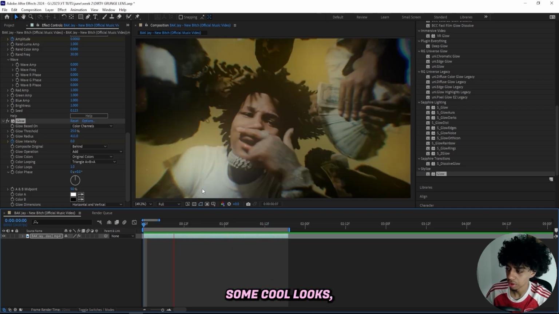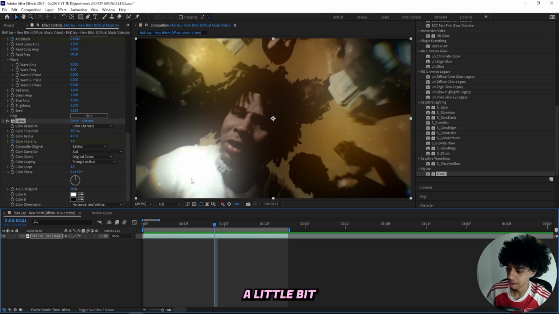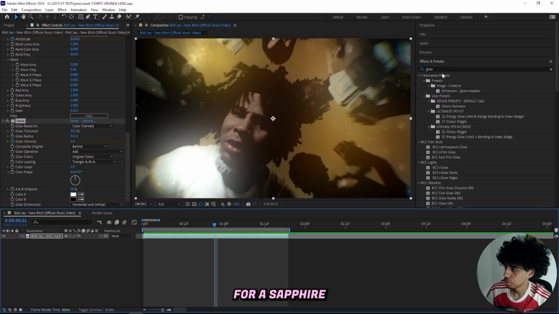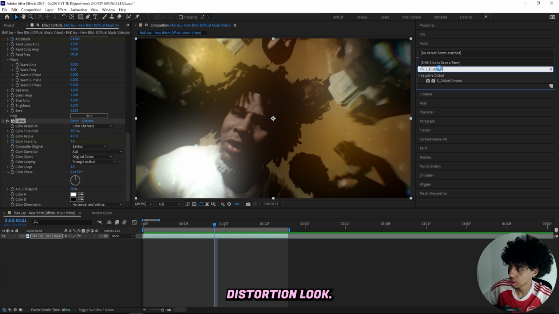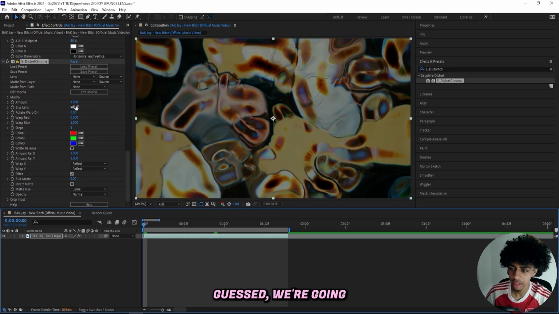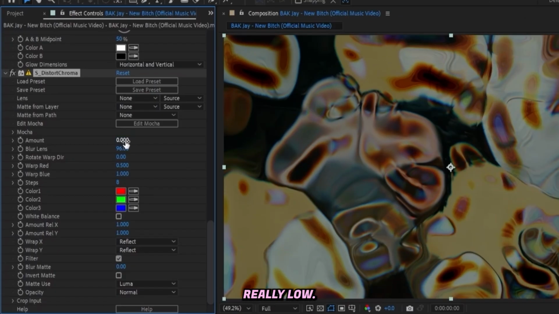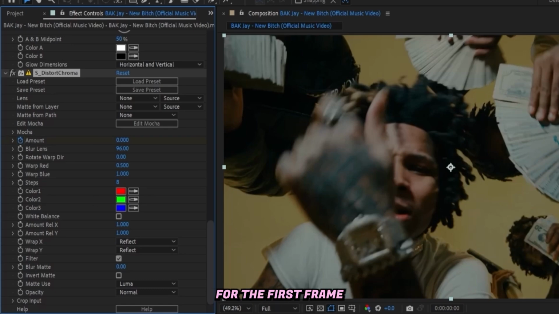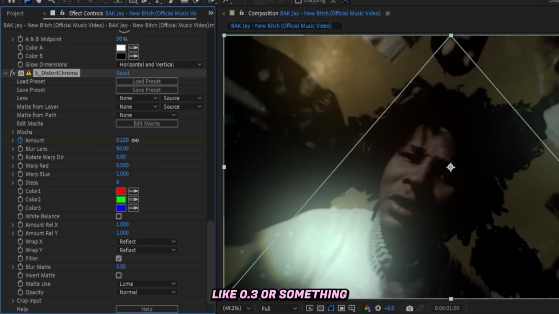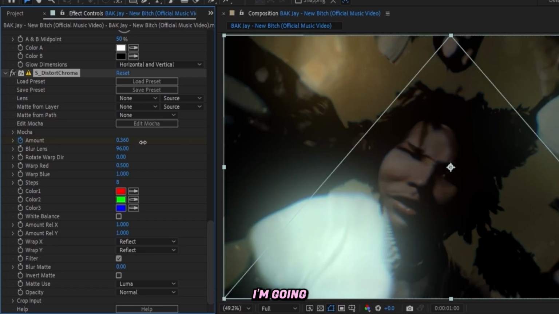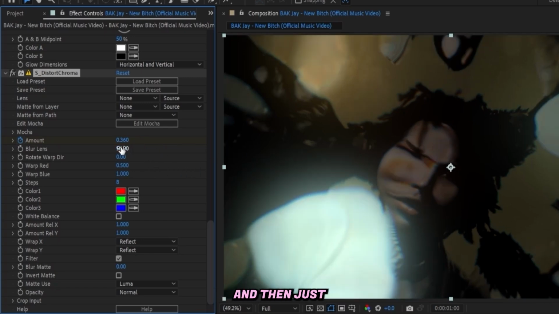And now we got some cool looks, but we will definitely spice it up a little bit more at least. So let's go for a Sapphire distort chroma just to get that distortion look. And as you might have guessed, we're going to keep the amount really low. So let's turn it down to 0 for the first frame and bump it up to like 0.3 or something like that. I'm going for something like this, and then just bump up the blur length to some really high